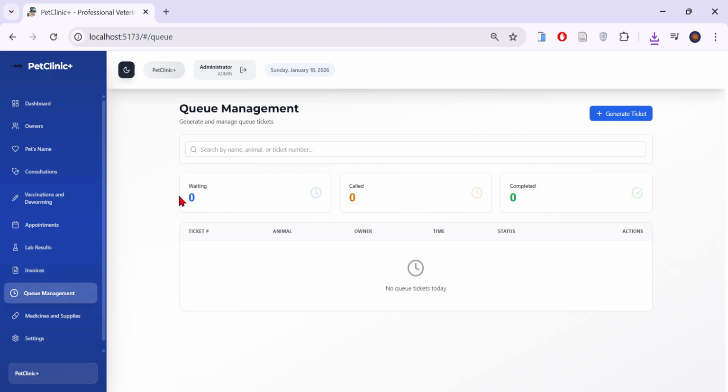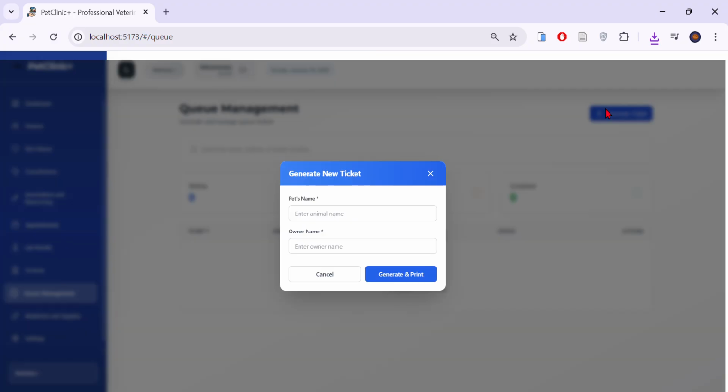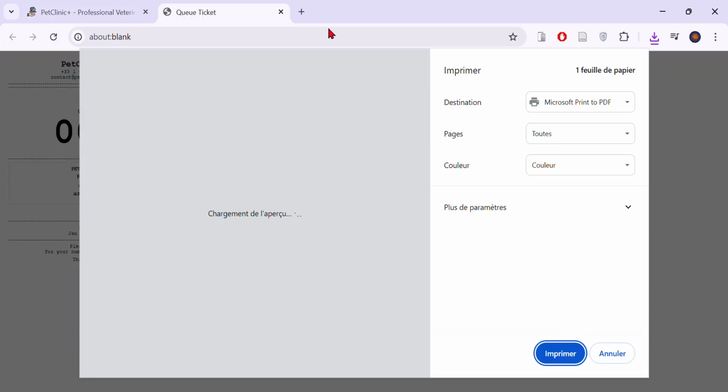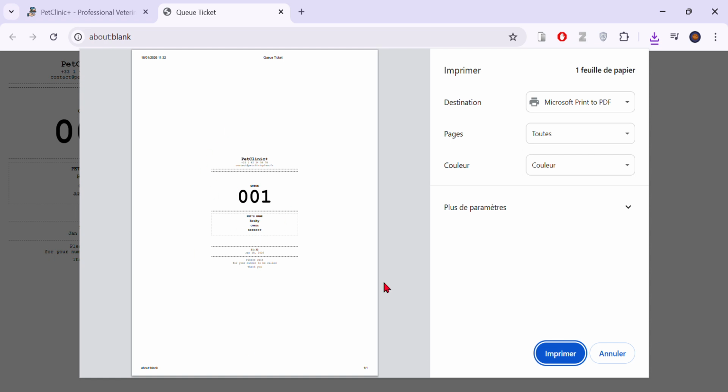Also, you have a queue management. Basically, here you can create some queue tickets just to manage everything or organize your queue. Yes, just create, let's say, the animal name. Animal name is Rookie, for example, and the owner name, add something and generate this receipt. As you can see, that gives you directly